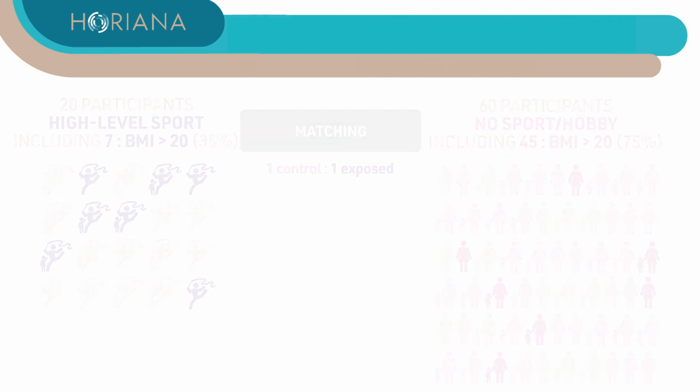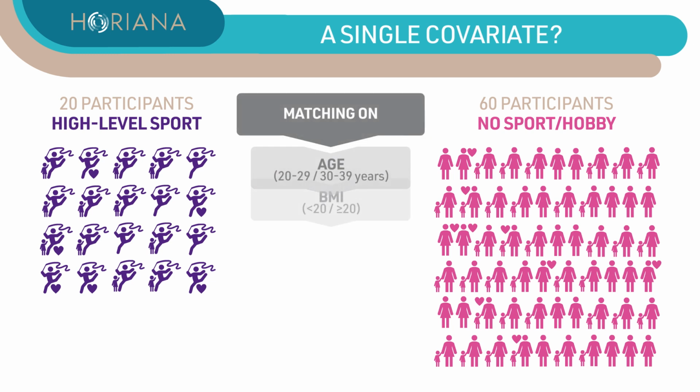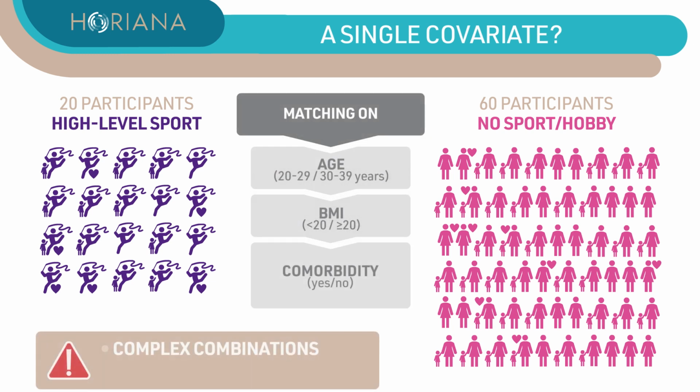from the analysis. It's rare to want to control for the influence of a single confounding factor. If one wishes to use several covariates such as age, BMI, and presence of hypertension, this complicates the procedure, and as seen previously, it's possible to lose individuals. Moreover, as this technique is limited by the number of covariates, it's possible that a confounding bias remains.